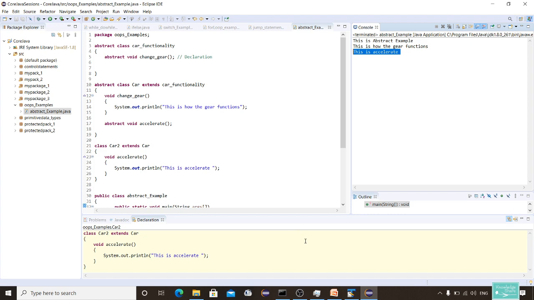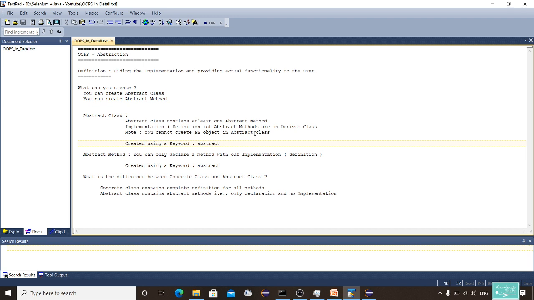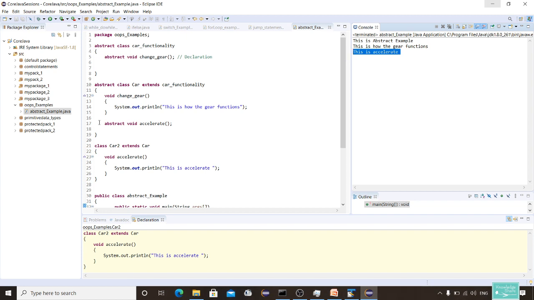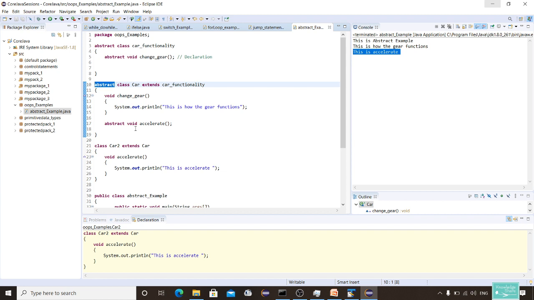So the key takeaway of this session you have to remember is you cannot create an object of an abstract class, and you can only declare a method without implementation in an abstract class, and each and every abstract class will contain an abstract method. If you do not declare an abstract class, then you cannot create abstract methods. And also if you declare an abstract method, then it immediately throws an error, right? So these are the two key takeaway points that you need to remember from the interview point of view as well,